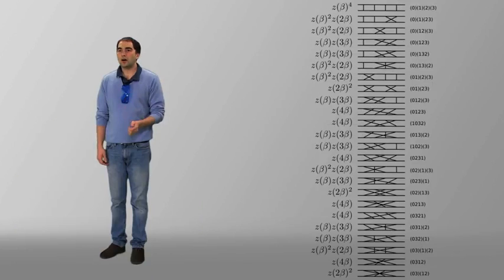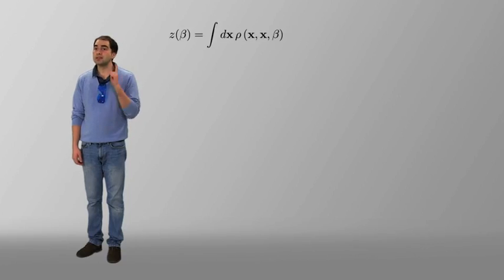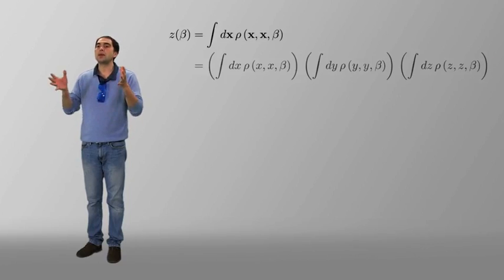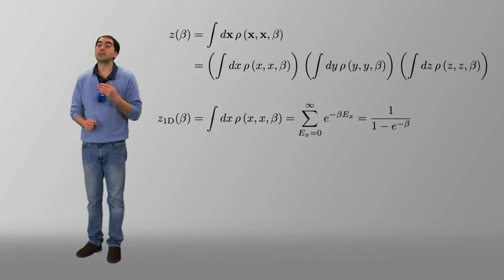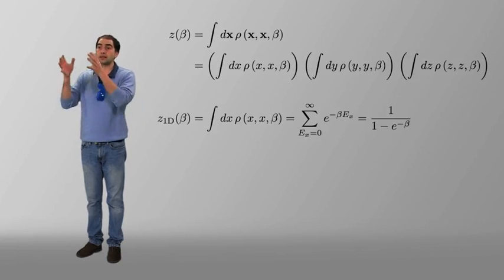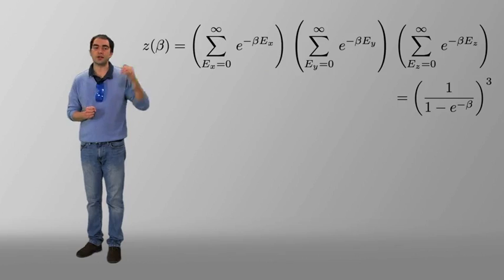Of course, little z of beta is a number which is explicitly known. It is the partition function of a single particle inside of a three-dimensional harmonic trap. In week 5, we have computed the partition function for a one-dimensional harmonic trap. It was given by a geometric sum. So in 3 dimensions, we have now to multiply 3 times this geometric sum, and this gives the following expression.